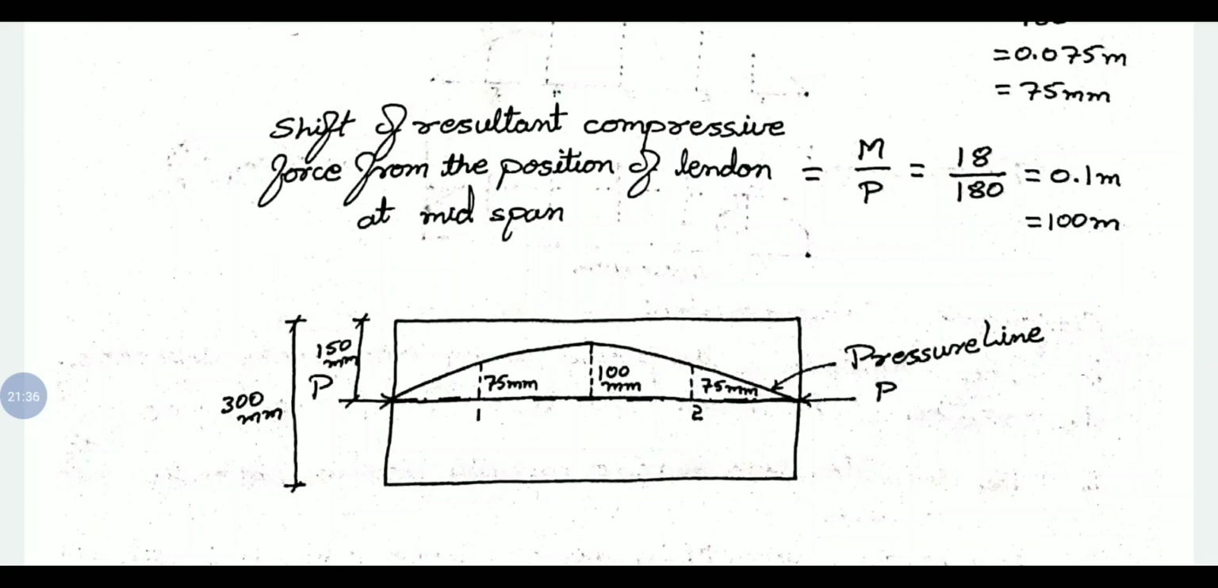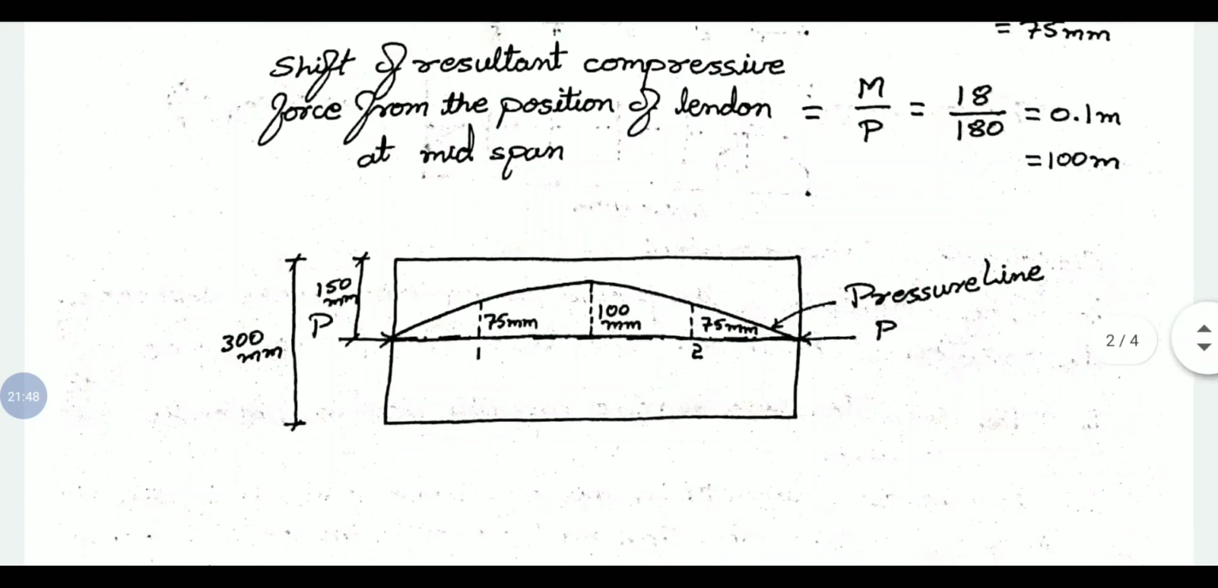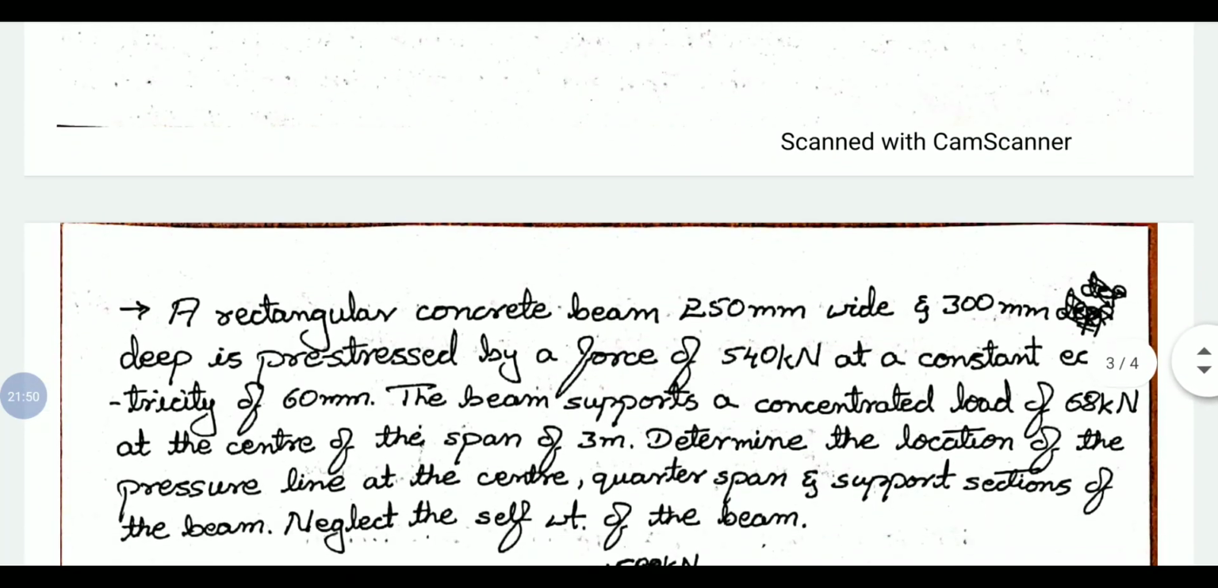At quarter span we have a lever arm of 75, and at midspan we have a lever arm of 100 mm. So by joining those points we can get the pressure line. This is a simple problem. This is one way of solving the problem. And another method, in the next example,